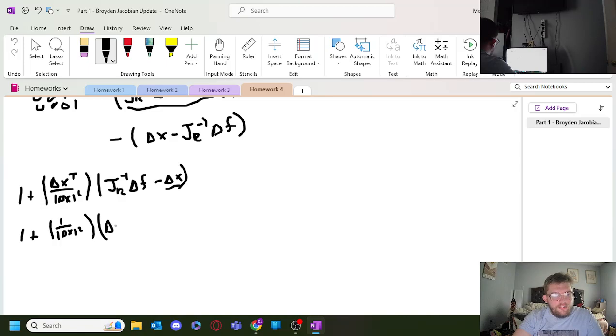Now we got our delta x transpose, our Jacobian, our change in function values, minus 1. Because transpose times the original